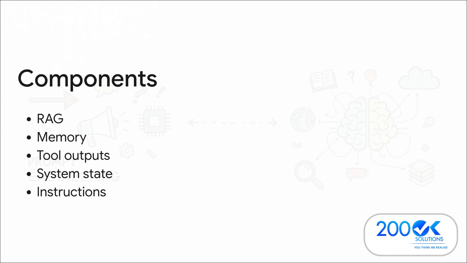Then, you still have structured instructions. This is actually where your prompts live, just as one layer among many. And finally, context window management. This is absolutely crucial. It's carefully deciding what to compress or leave out entirely so the AI model doesn't just get overwhelmed by a bunch of irrelevant noise.